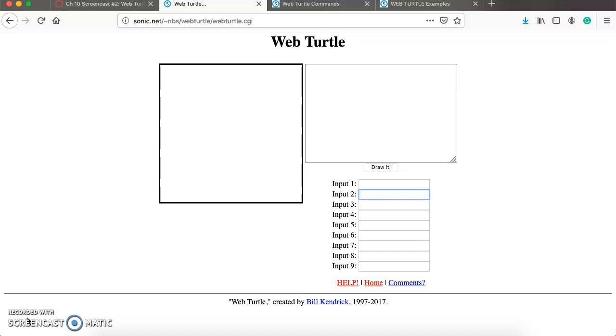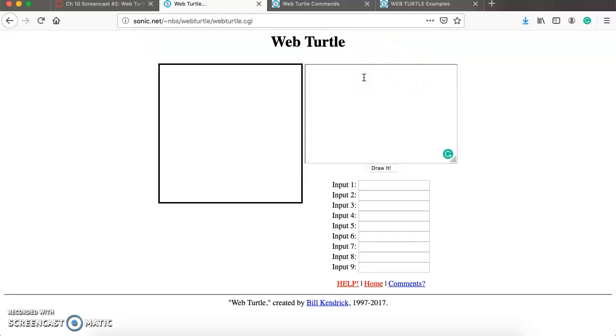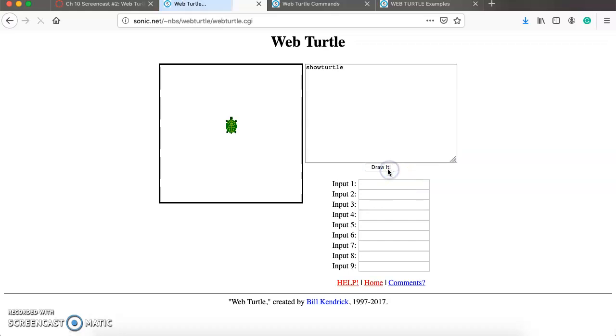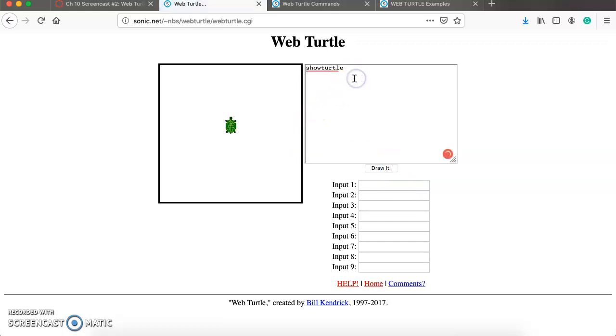Today we'll be using some of the branching commands so that we can get some different outputs from some of the inputs that we create on WebTurtle. I'm going to start by showing the turtle so we can know where we're going to begin. And then we can move the turtle about